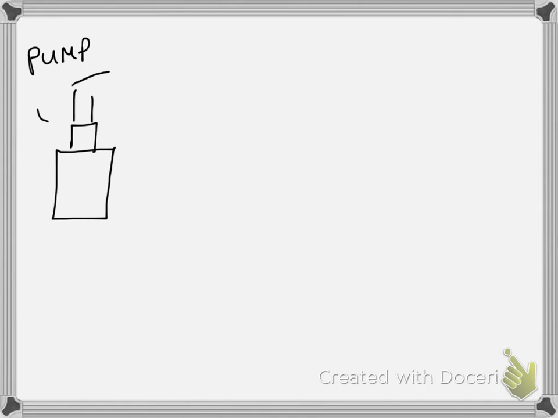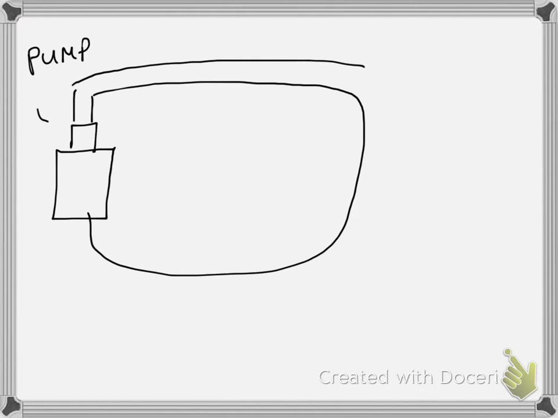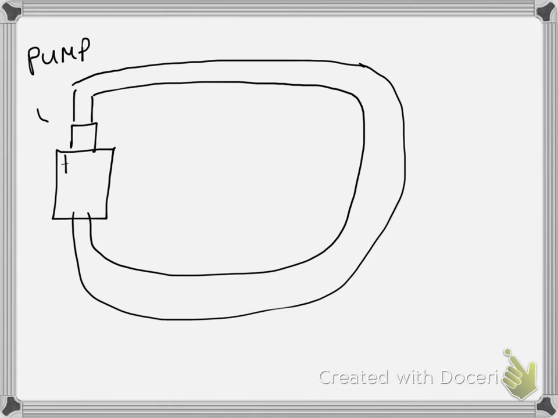All right. So if we want to get a picture of what this looks like, let's continue with our pipe flow model, but now let's actually draw a battery, and this will be our pump. And I connect some pipe to that battery, and I complete an entire circuit. All right. So here's my positive terminal, here's my negative terminal. Now we define current to be the direction of the flow of positive charge. So we would say that the direction of the current